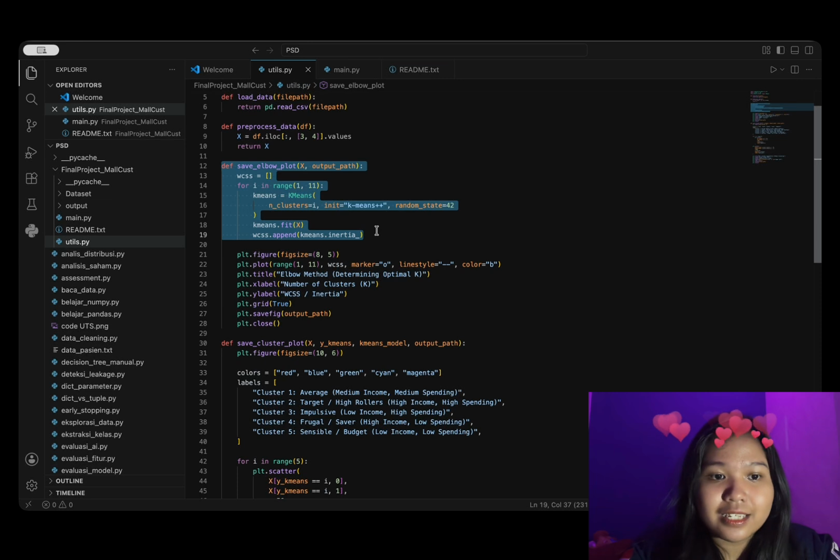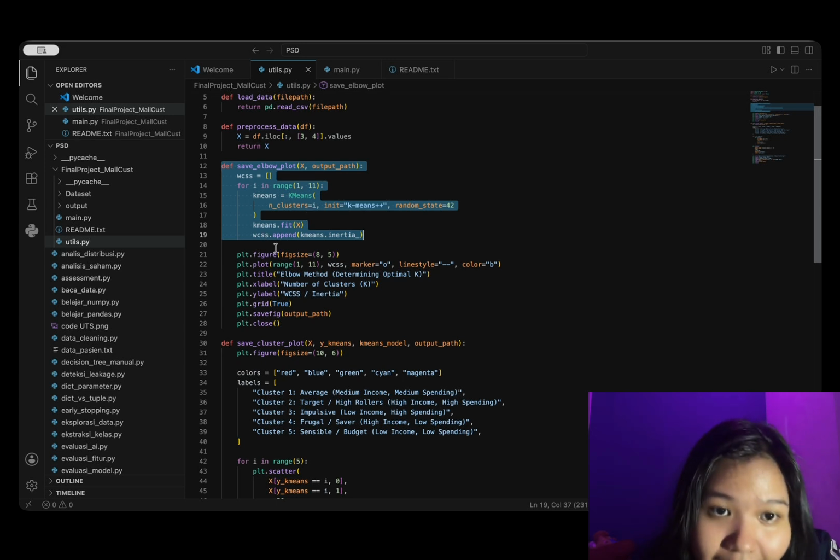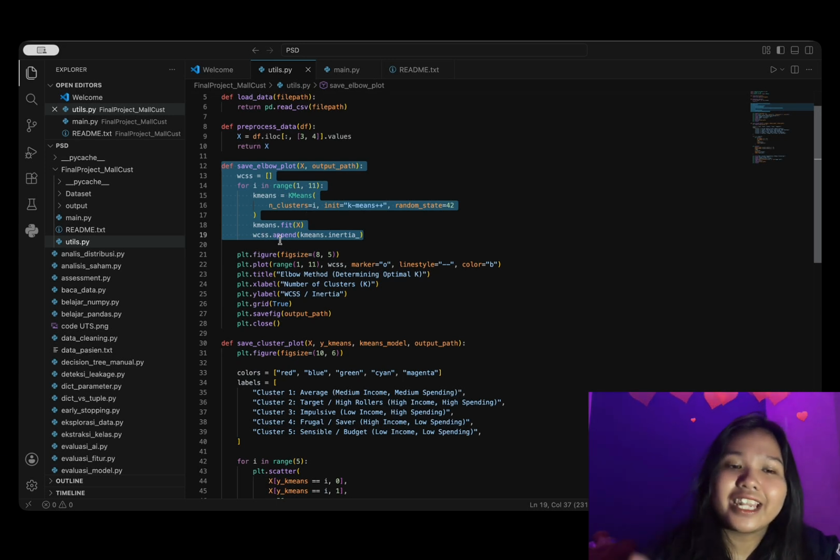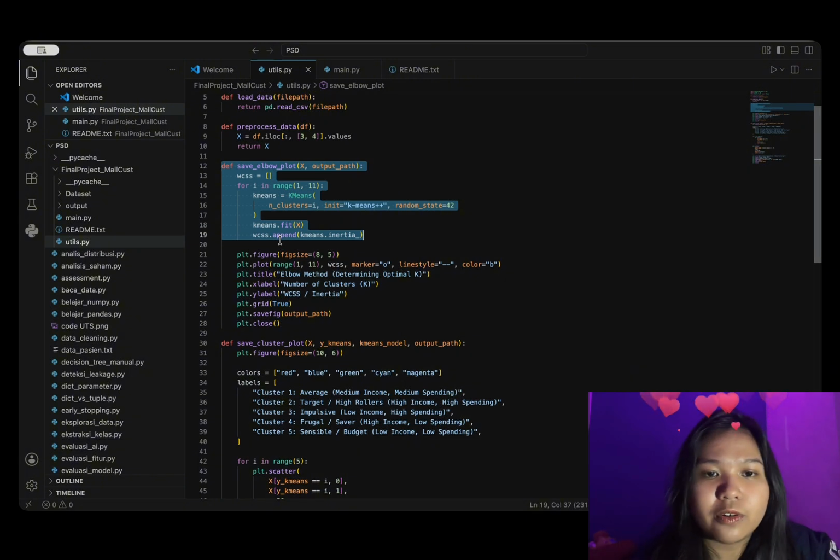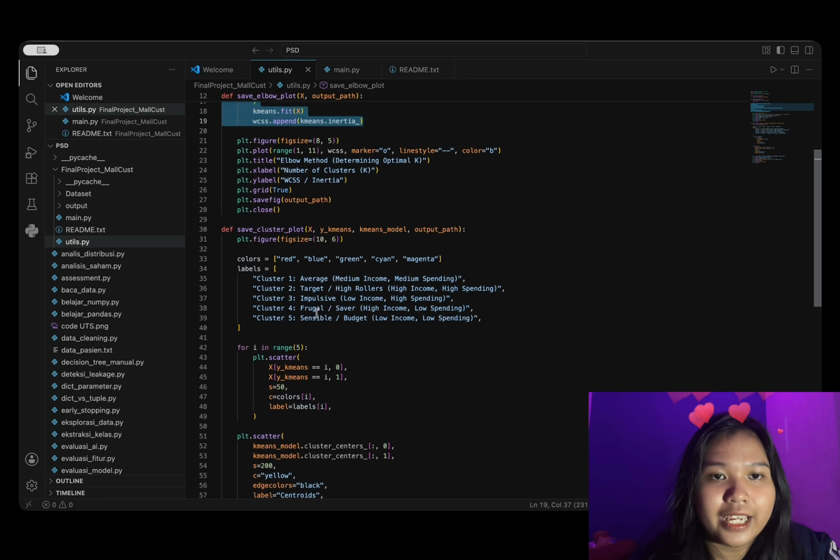Then we test K-means using the cluster count, use smart centroid initialization to speed up model convergence, and set a fixed random seed to ensure calculations are identical every time the script runs. We fit the K-means algorithm using dataset X, and the last step appends the inertia score for each K to our WCSS list.